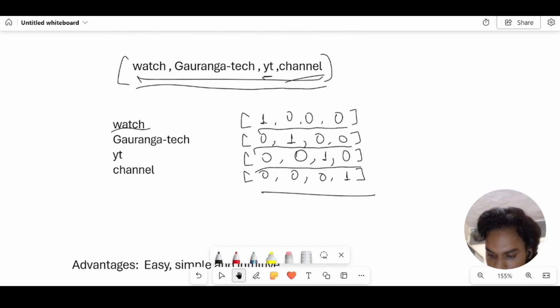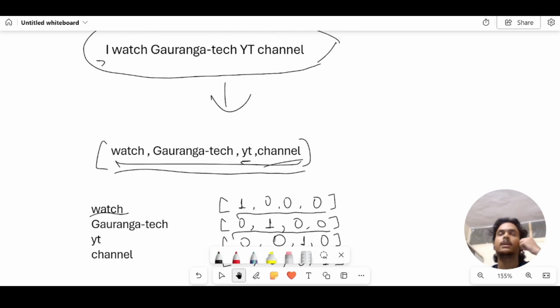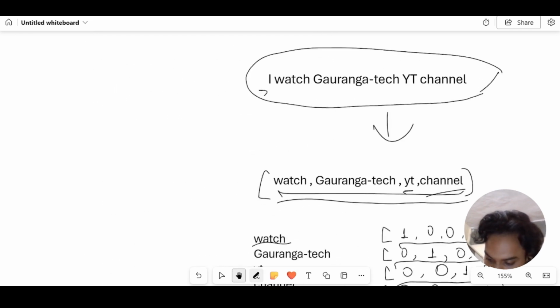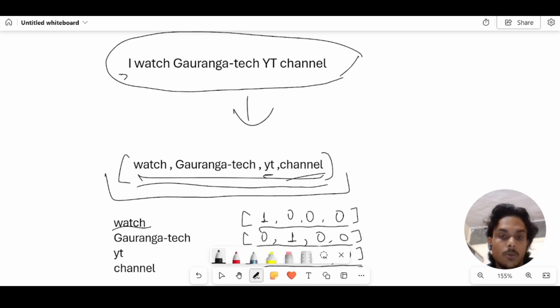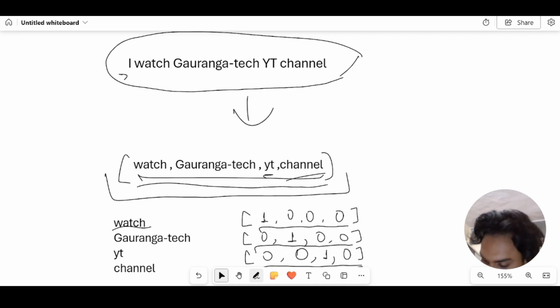For example, let me explain. You are building a machine learning model, and the model has been trained on this particular sentence. So this particular sentence means you will have this list. Based on this list, these four words, the model has been trained. That means the machine learning model input size will be 4. Now in the test data, for example, another sentence comes. That is, I watch Gaurang-Tech YouTube channel and